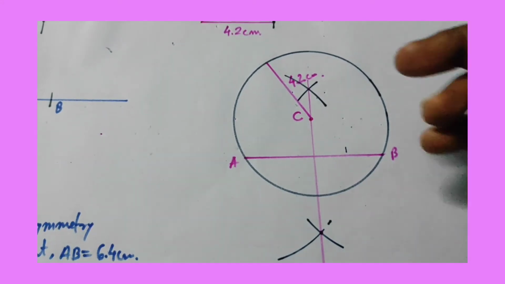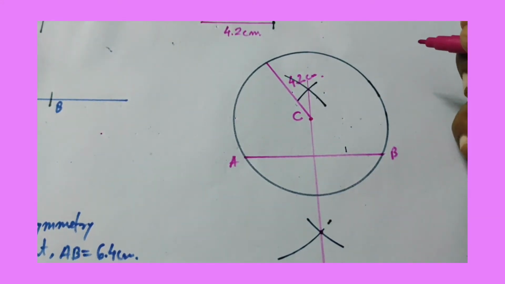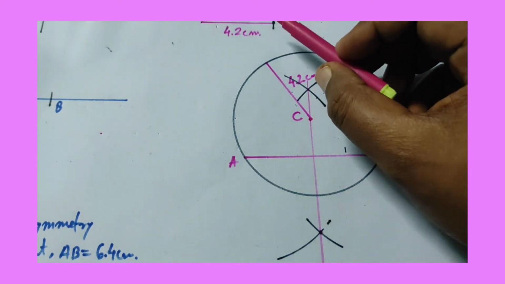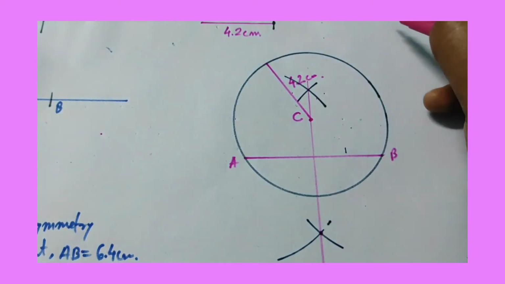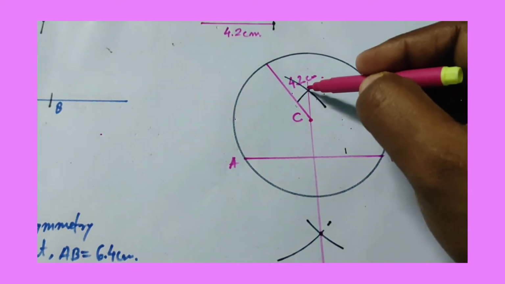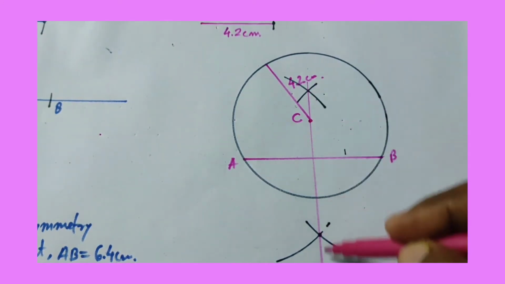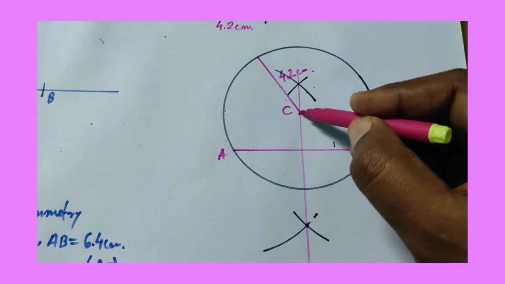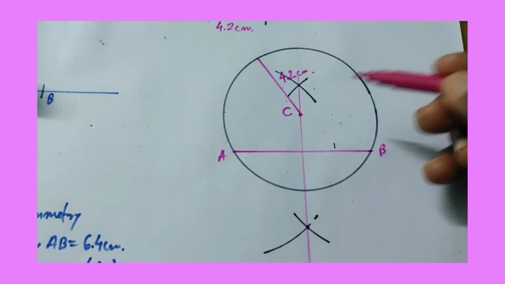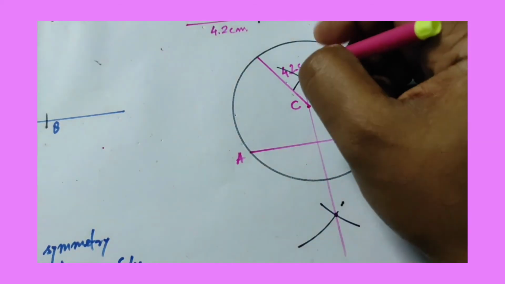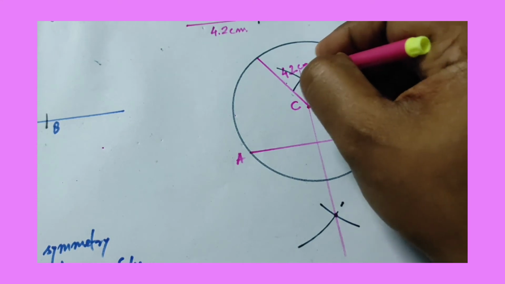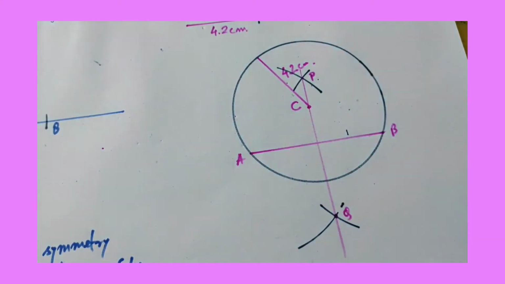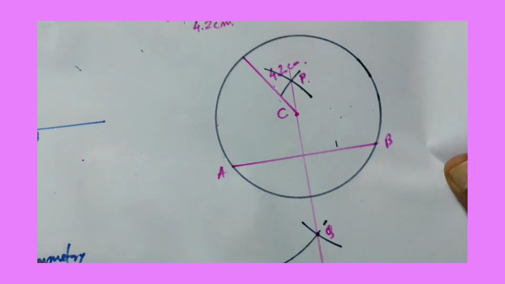Alright. Now the last part of this question, students, it is asked that examine if it passes through C. Yes, you see this line, you see this perpendicular bisector, and easily you can see that this line is passing through the center C. Okay. So let us give the name of this bisector PQ, and now the statement is left.